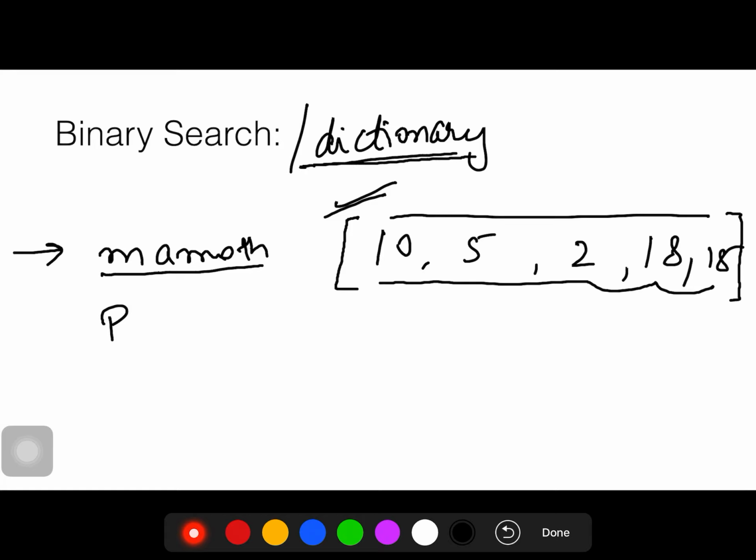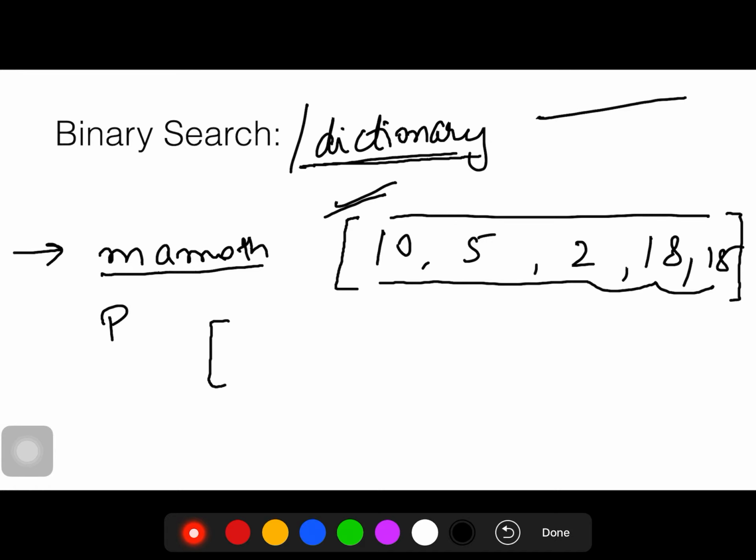As we all know, all the words that are there in a dictionary are in increasing order. That's why we are performing binary search on the dictionary. We would not be able to perform binary search if the words in the dictionary were not in ascending order. We must perform linear search where there is no predefined order for the elements.